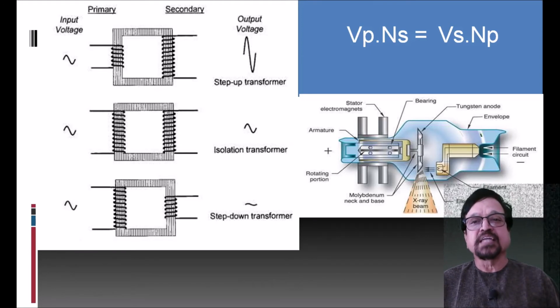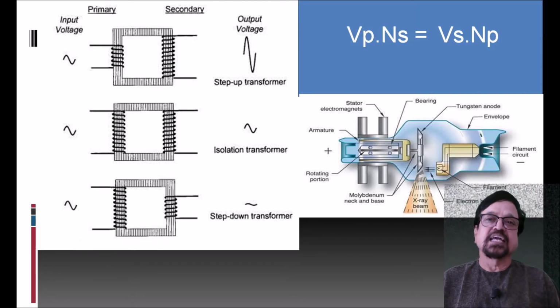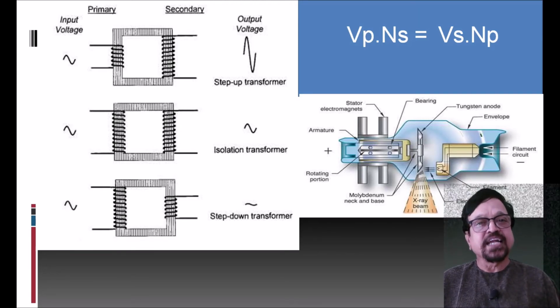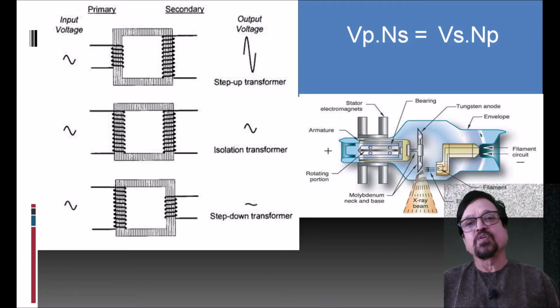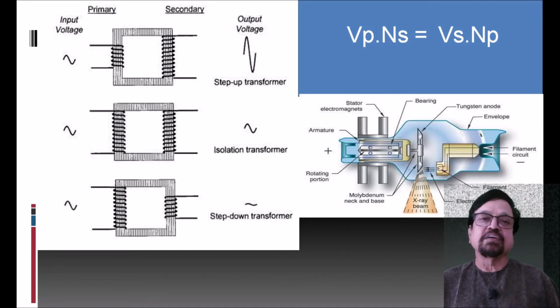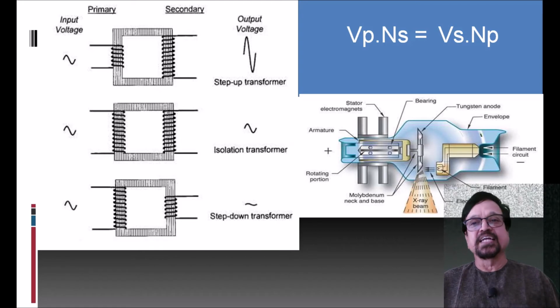In that, what is happening is the primary and secondary will have the same number of coils. In that, only the direction will change, but there will be neither step up nor step down. Only the direction will change. The waveform of input and the waveform of output remain the same. They will not change. And third is the step down transformer.